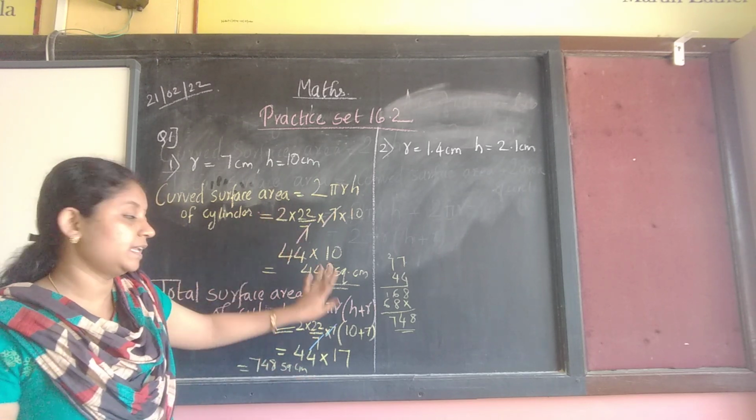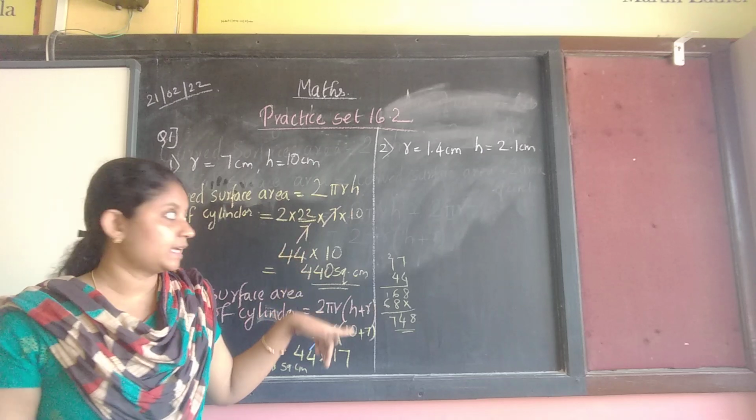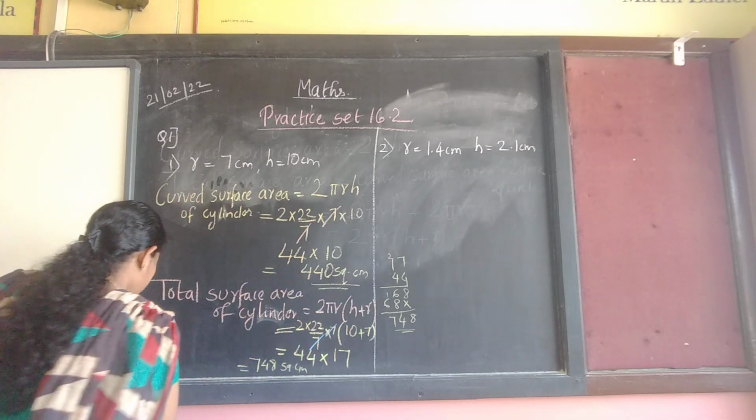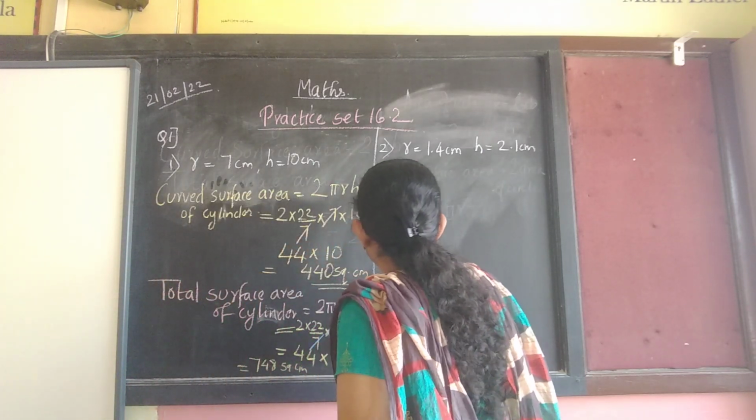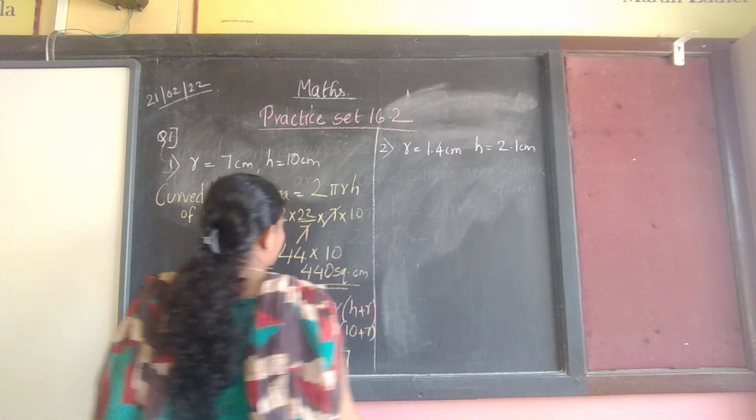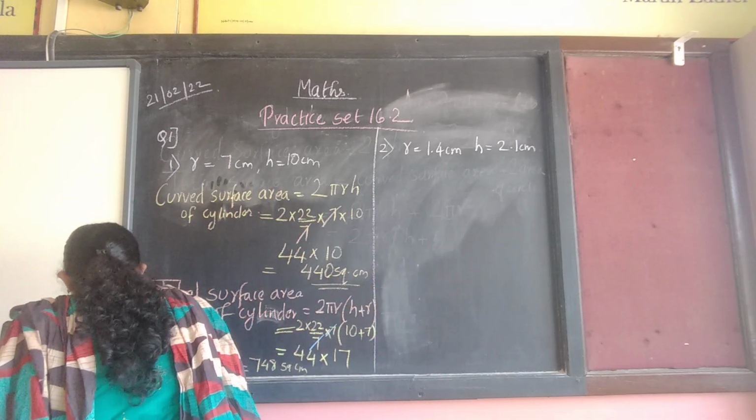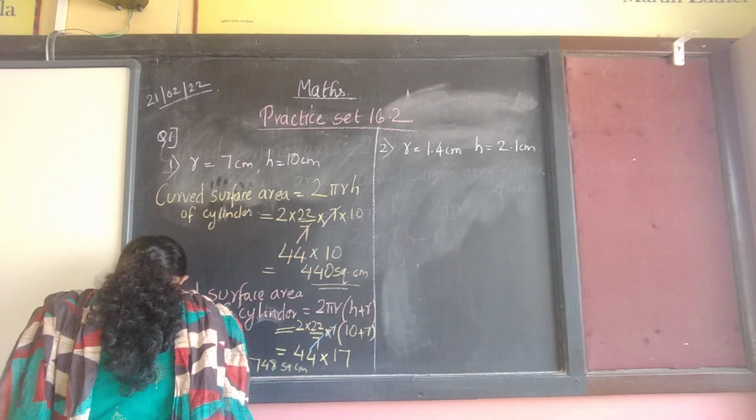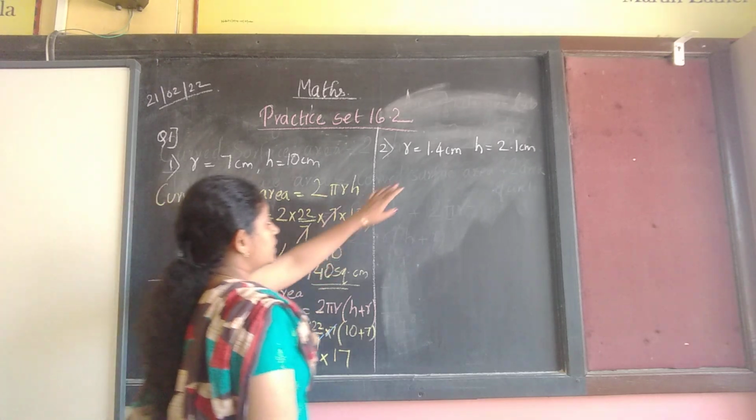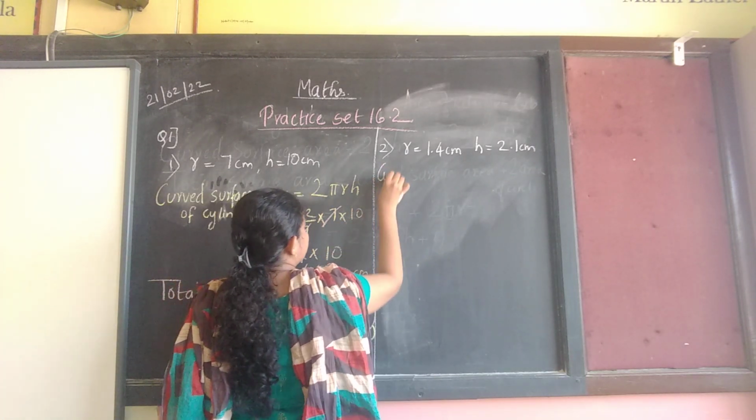First, curved surface area. Second, total surface area. We shall see the second one now. Second one, what is given here in the question? R is 1.4, so let's write